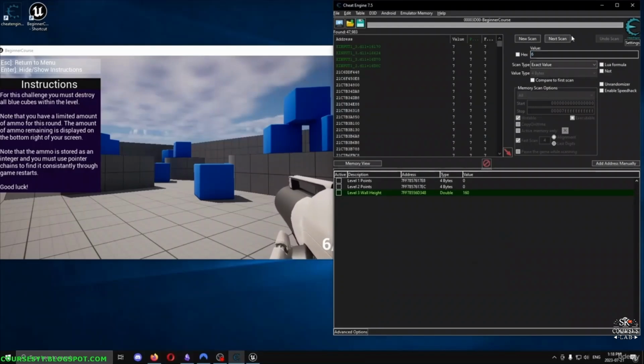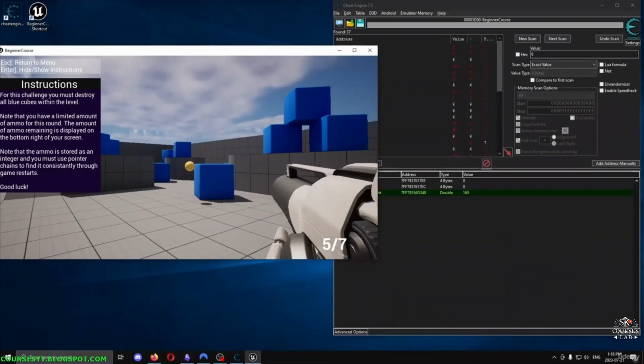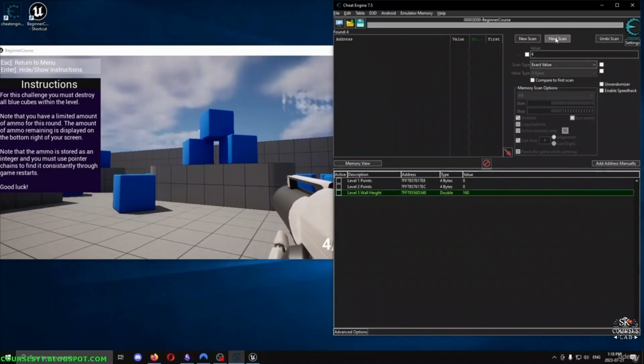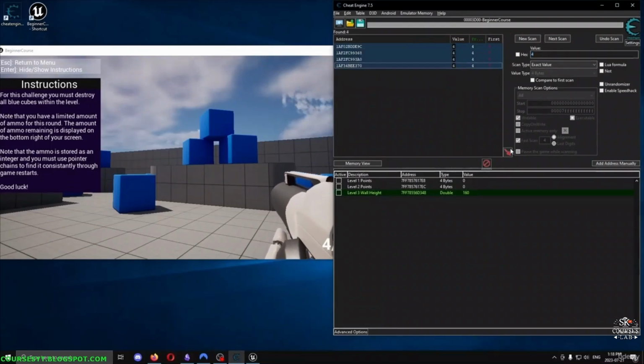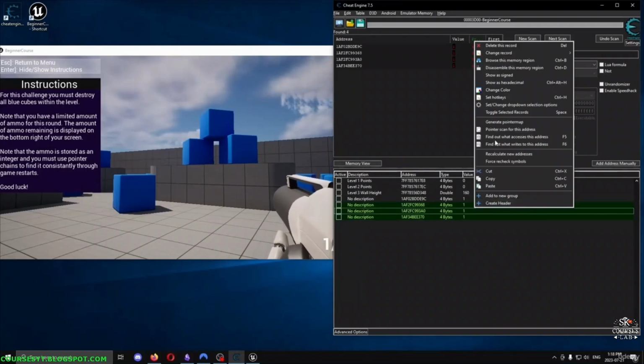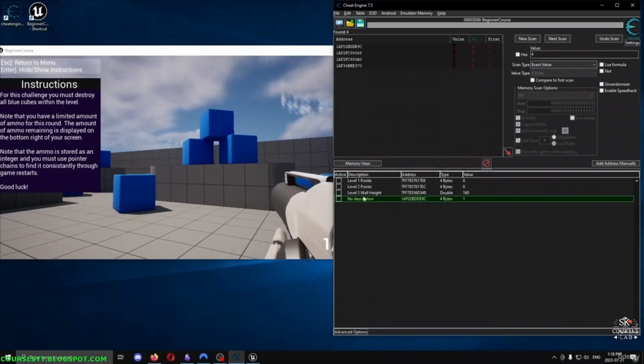So let's do 6, next scan, 5, scan, 4, next scan. Okay, so now we have 4 of them. Let's see which one of these is correct. 1, oh, perfect. The first one was correct. We got lucky. Great. So now we're going to generate the results for the first one,